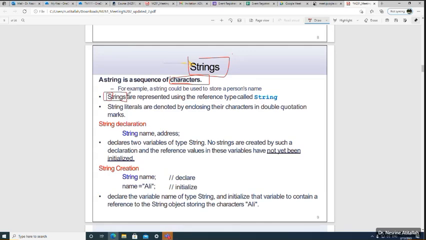We said that as a convention in Java, all the classes will start with a capital letter. The reserved words will be in lower case. The methods will start with lower case. So when you see this capital S, it means that it is a class. And when it is a class, each class has some attributes and some methods that